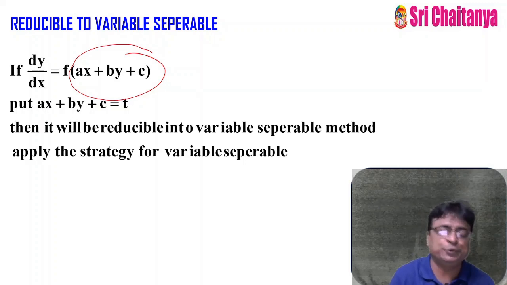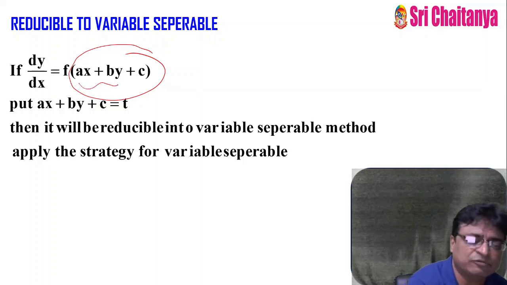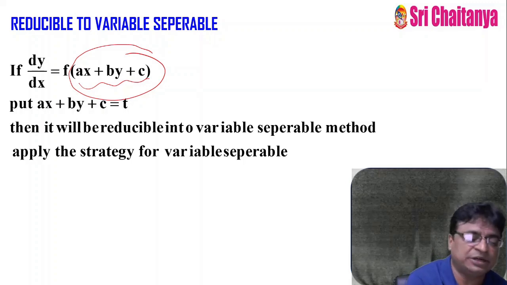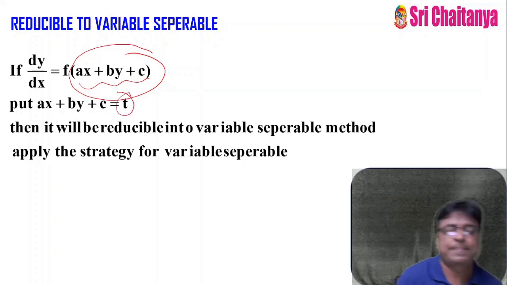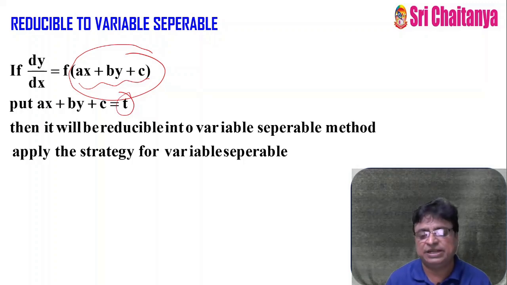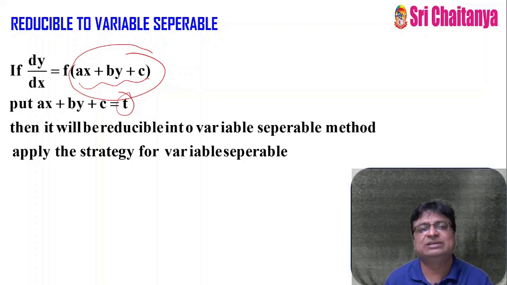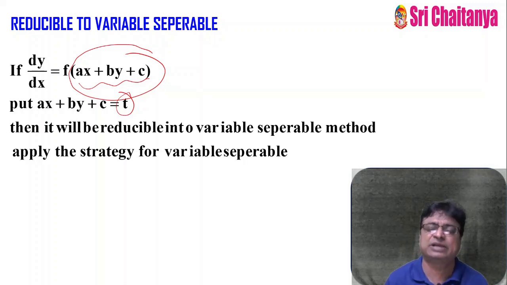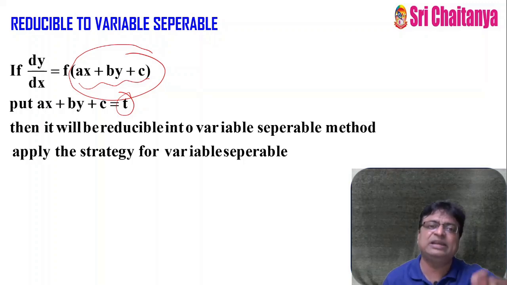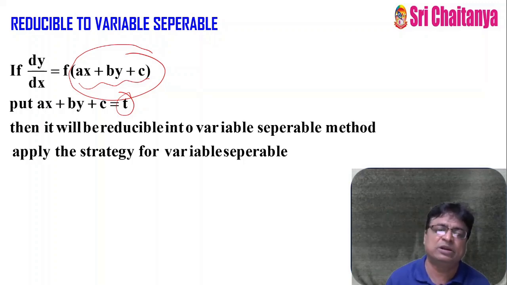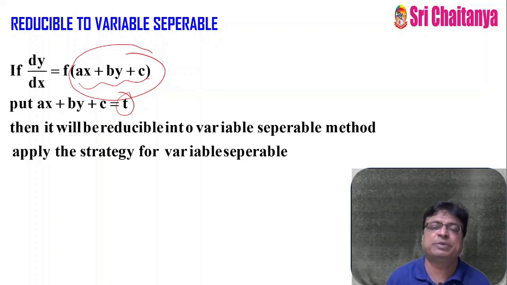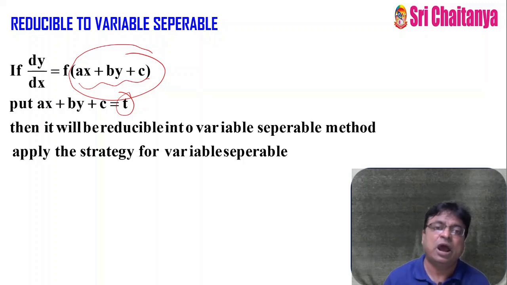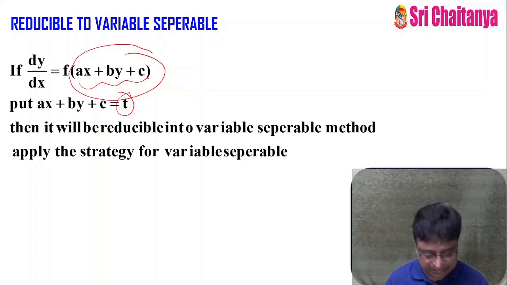In that case, what to do? You consider the term which is appearing highlighted in the given equation as t, and you find dy by dt, and you replace that dy by dx with the corresponding term, and then automatically the equation will be converted into variable separable. Once it has been converted into variable separable, you know the method is in your hand. Apply that method, we can solve it. How to solve, everything I will explain with examples.